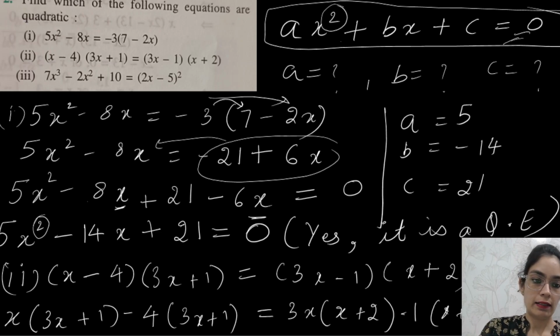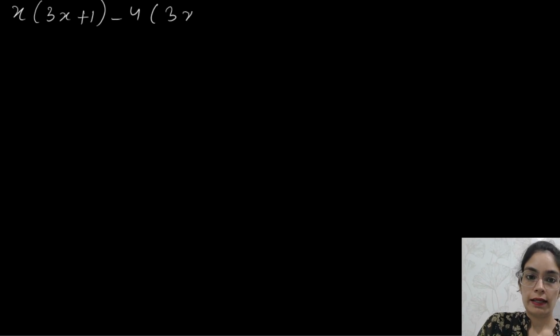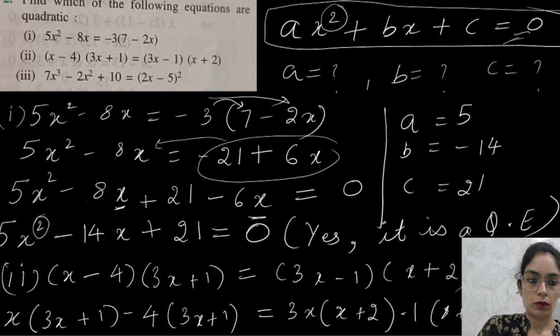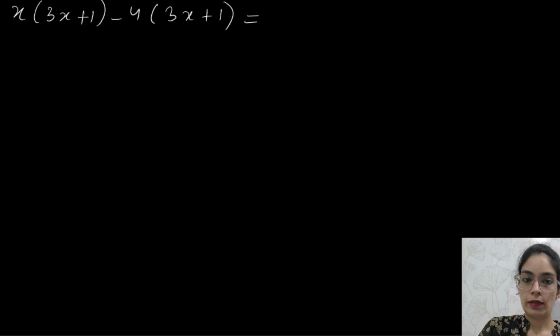I'll just rewrite this thing. So x into 3x plus 1 minus 4 into 3x plus 1, which is equals to, so x into 3x plus 1 minus 4 into 3x plus 1, 3x into x plus 2,